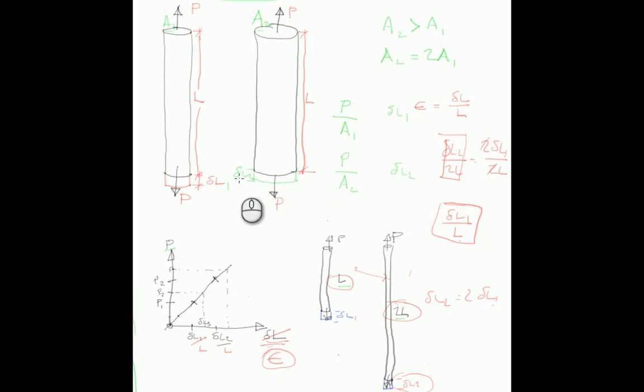And we found by the experiments that we've done in the lab that for an A2 which is greater than A1, to the extent that A2 is twice A1, we found that delta L1, which is this strain here, or this change in length I should say, is twice the second. So it's greater than delta L2, and it's greater